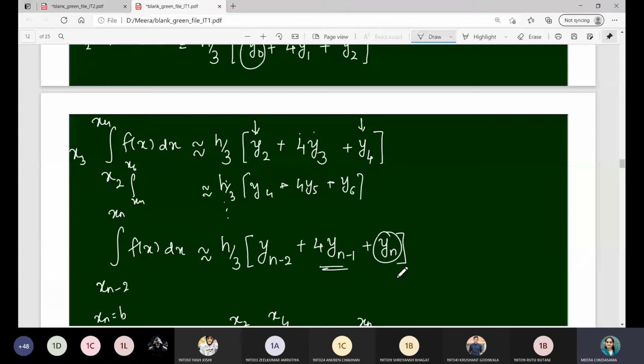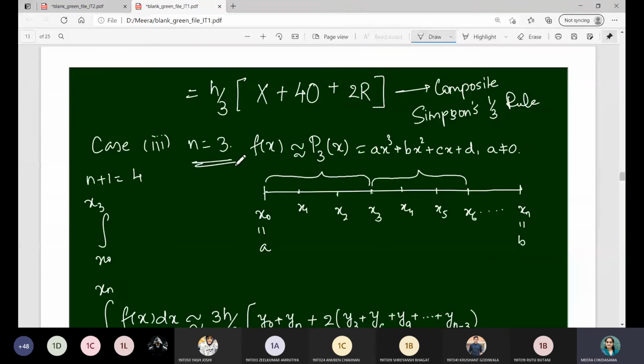Similarly, if you observe, when we derived Simpson's 3/8 rule, we have taken n equal to 3. That means the total number of subintervals is 3. Then whenever you take the next interval, you need these 3 data points. So whenever you want to apply Simpson's 3/8 rule, the number of subintervals has to be a multiple of 3, because here one subinterval, second and third, only then can you evaluate. Otherwise, you can't evaluate the integral using Simpson's 3/8 rule.